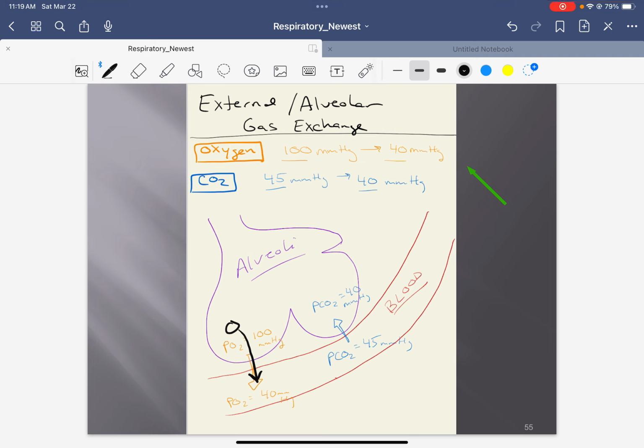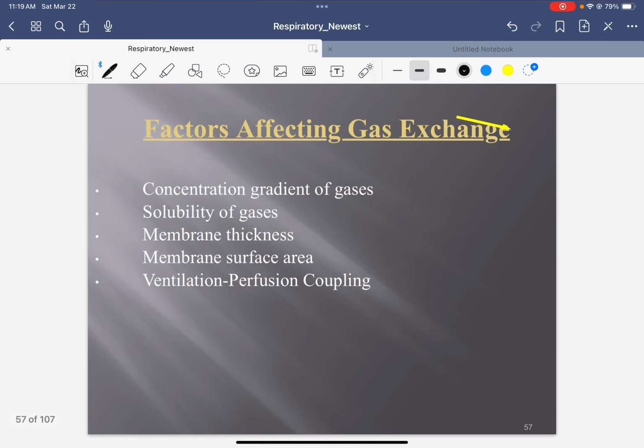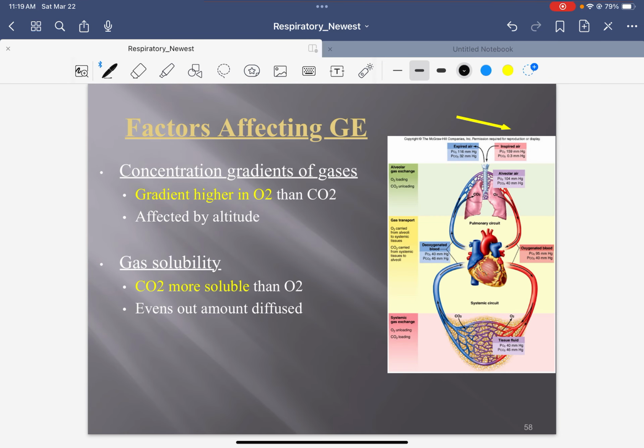How is CO2 moving? CO2 is moving from the blood back into the lungs. Now, I did do this drawing as a review, but also to show you some other things. When we compare the concentration gradient, what we're going to see,